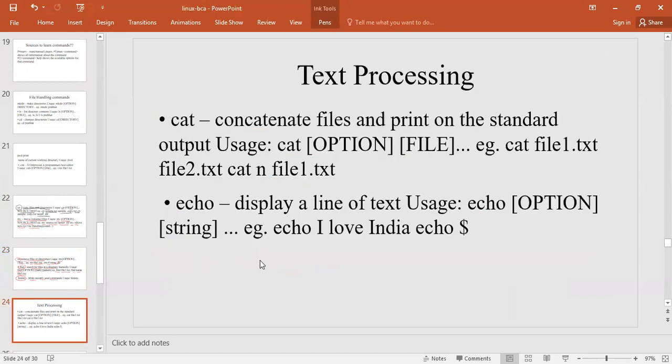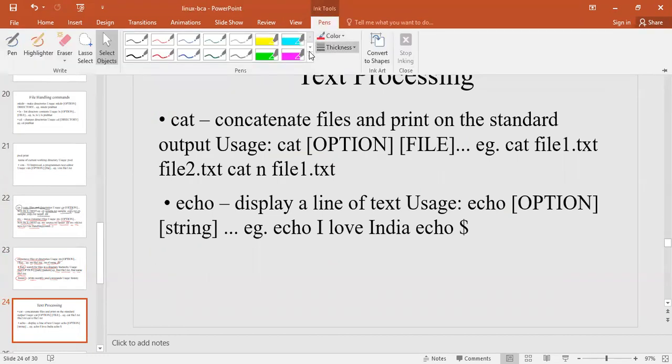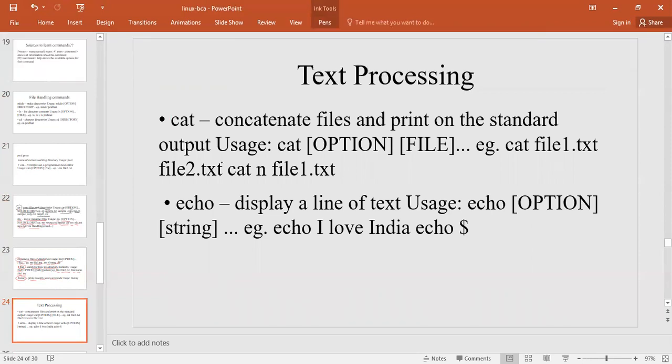Next, text processing commands, like cat. Cat is to concatenate files and print on the standard output. How to use the cat command?